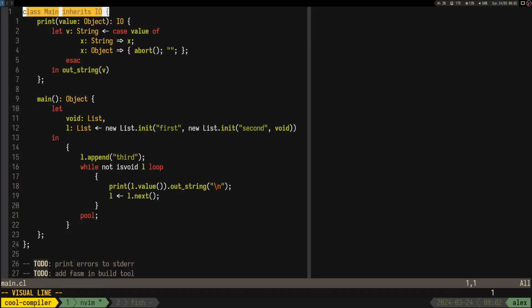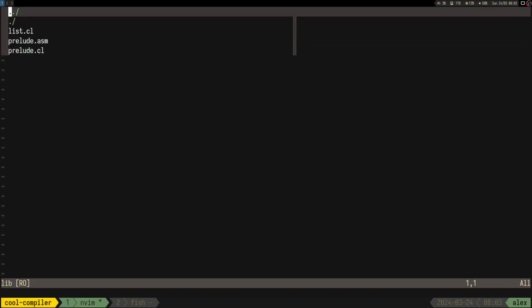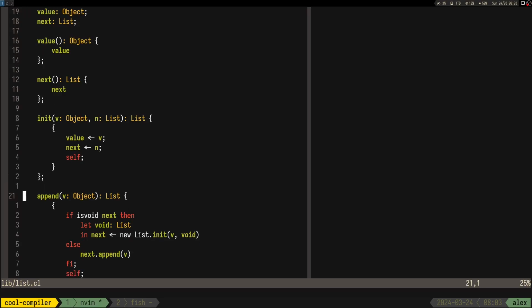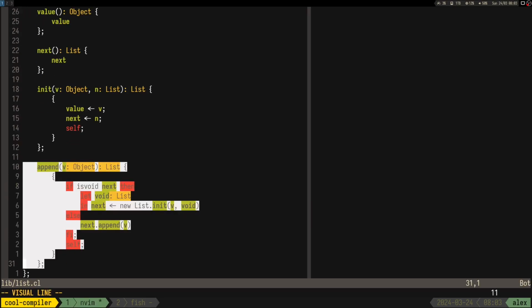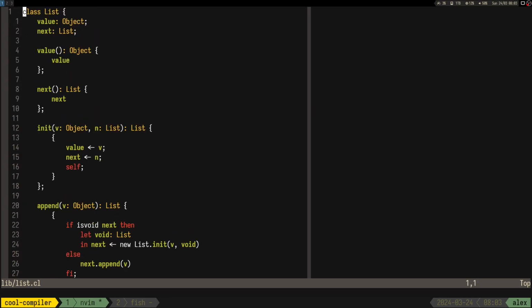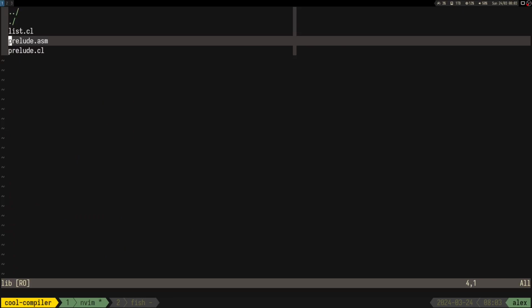So now we have list available anywhere, and I think that's nice. The list is pretty lame, so we can try to improve it, like adding access to an index, or maybe allowing the user to set an index, get the length of the list, stuff like that. But let's